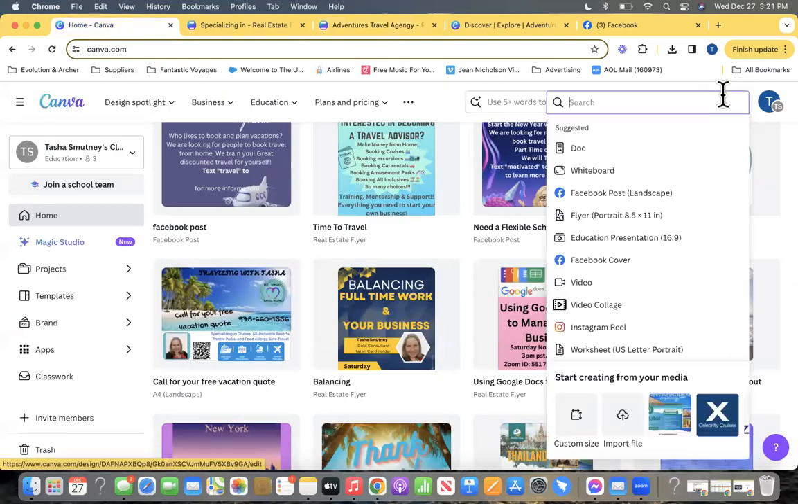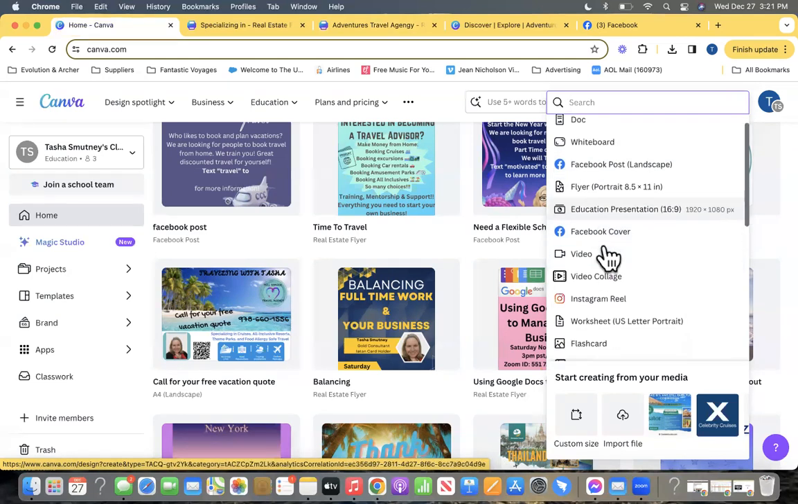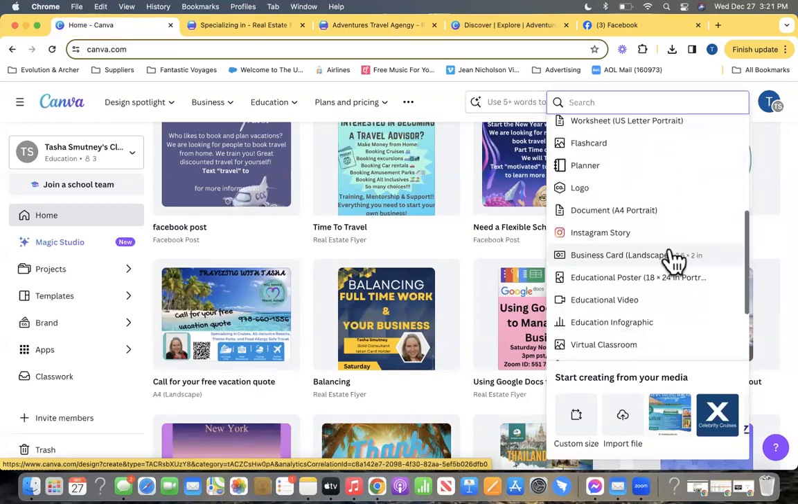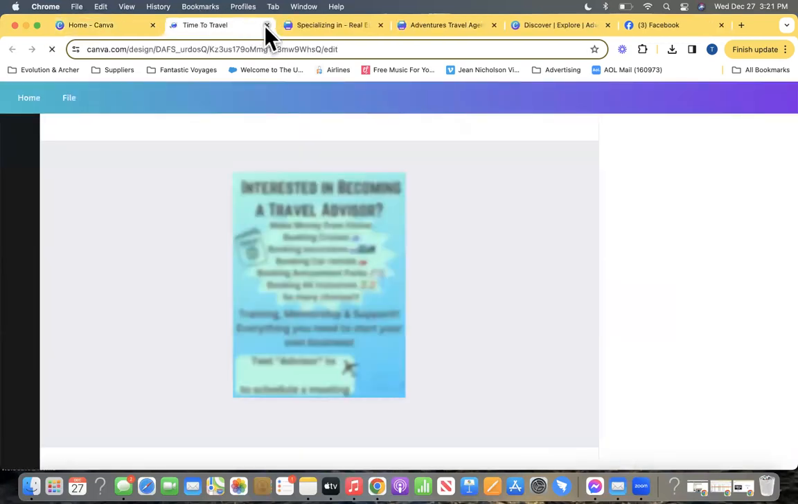Okay. When I go back to home, other basics, like a Facebook post, it's just going to be the layout. You can do anything the same way. It's just going to be the layout of what it looks like when you make these. I think they do have business cards in here that you could do. So, oops, when I look at my business cards,